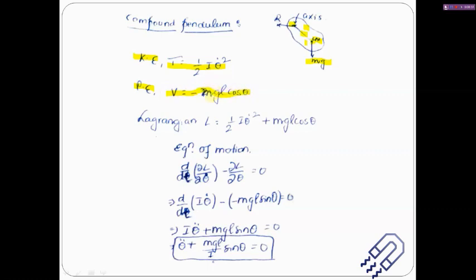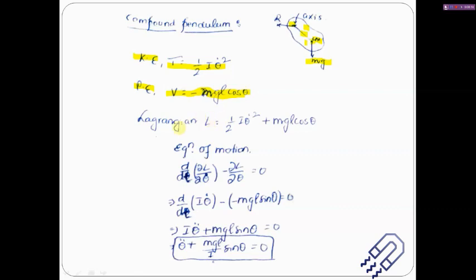This minus is very important. Please don't miss this out. This is something which you have to remember. Please try to remember this. If you need the derivation, you can Google it, or I can actually teach you in case you are interested. But for ease of things, let's just keep it as simple as possible.